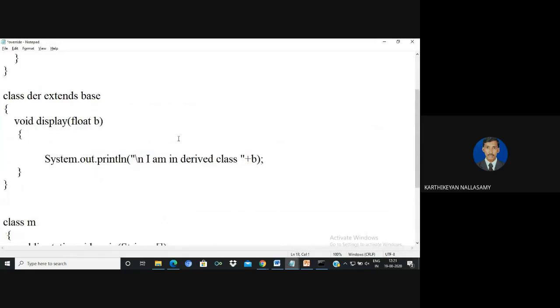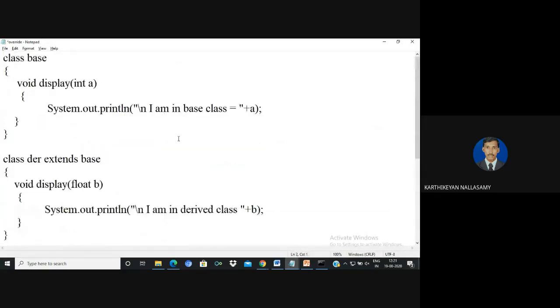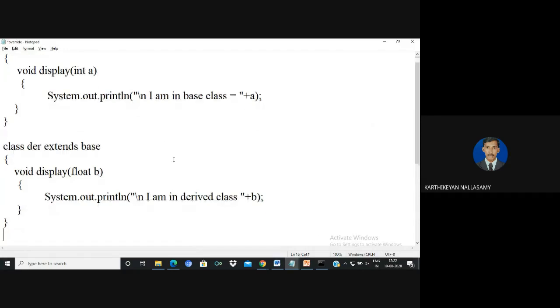From that we can say that this is not coming under overriding, because according to the definition of function overriding, the same function name is there and the number of arguments is 1. Here also in the derived class the function name is the same and the number of arguments is 1, but it is not the same type, because here the data type is int, but here it is float, so it is not method overriding.